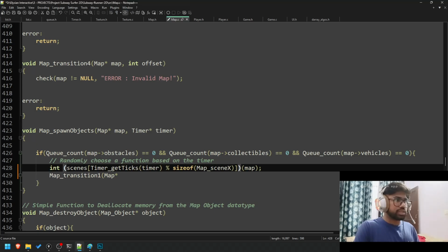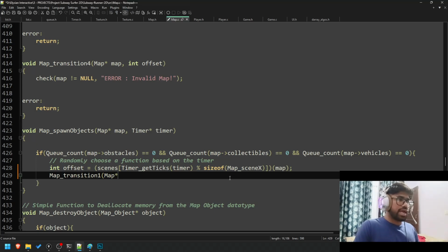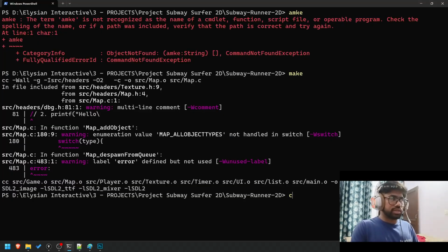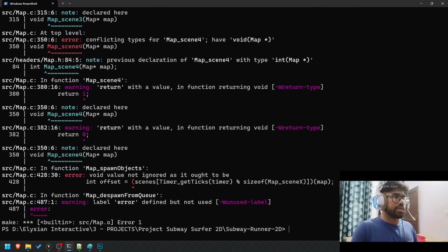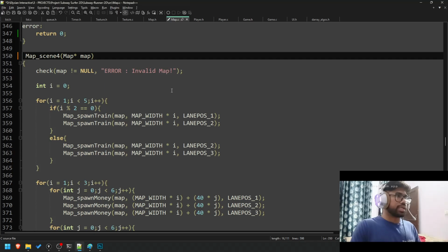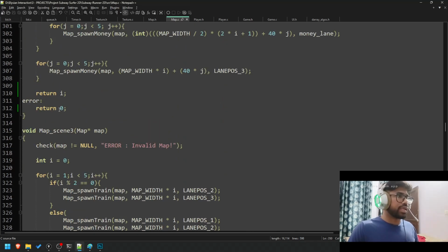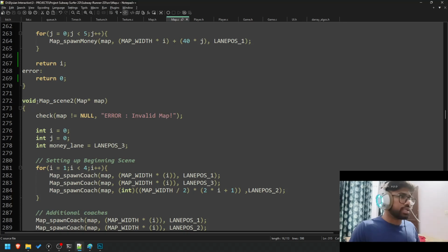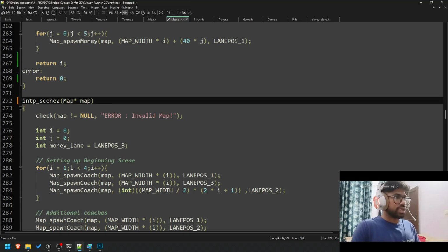Let's store this into the offset equals this, and I can pass the map and the offset. Okay, let's make sure this thing works. Okay, we have, because I didn't change this thing, and yeah, okay, and yeah, and then, and shit,